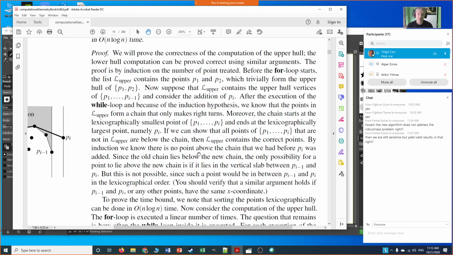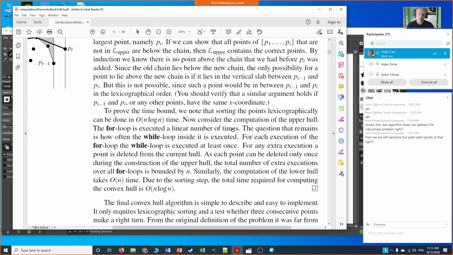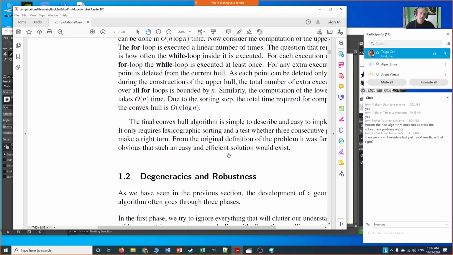We sorted them with respect to their x coordinate, and this sorting is really important. We cannot just process the points in arbitrary order. If you process the points in arbitrary order, you may get an incorrect result. Okay, so this was just a